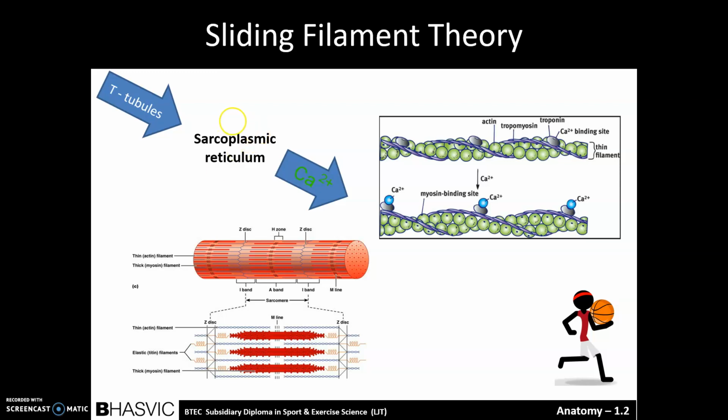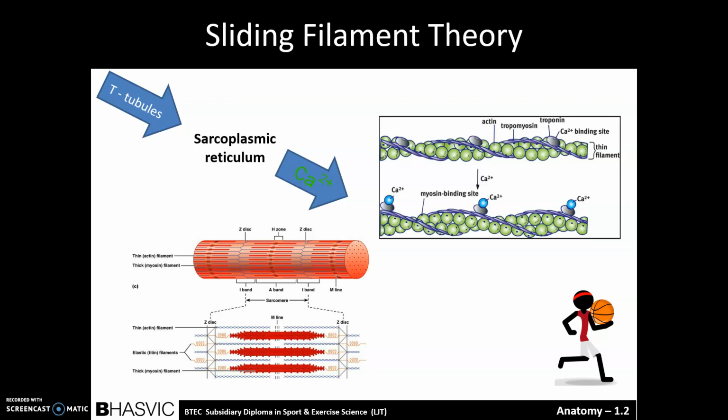On actin, you have tropomyosin and troponin covering actin, and when the calcium comes down, the calcium binds with troponin, and that causes the troponin to change shape. The change in this shape then pulls the tropomyosin away, which then uncovers the actin binding site, which was previously covered by the tropomyosin. When the actin binding site is available, then the myosin filaments will then bind with the actin, as the myosin currently has